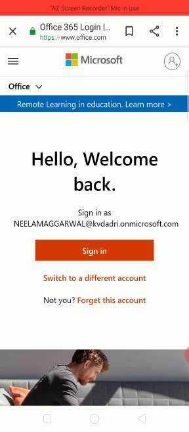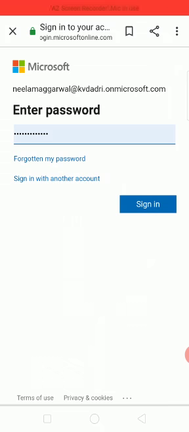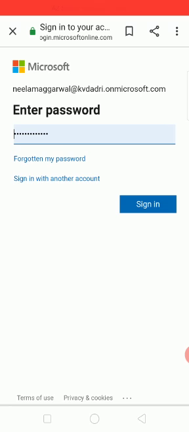When you select it, you just select the sign in option first of all, and then you will provide your correct ID. Then it will ask for the password. Here I am using one of our teachers' ID login accounts, so that the process should be more clear to you. I am using a normal account for adding a user and resetting the password of the user. It's not an admin account.